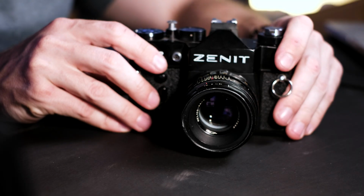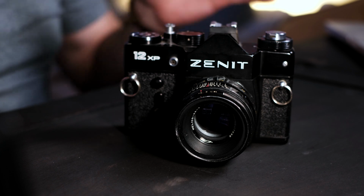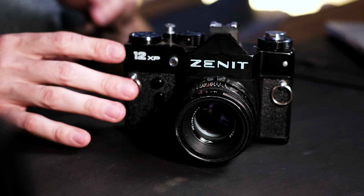So on here, I have the Helios 44-2. We'll compare the two different lenses here in a minute so you can have a general idea. There's plenty of videos on there about the Helios. You can look them up and all the crazy bokeh. We're not going to be talking about the bokeh today. We're just going to be showing the camera, the lens, how we got the Lomochrome Metropolis to work out, and just show you some images. I think it went pretty well, given the fact that this is a...